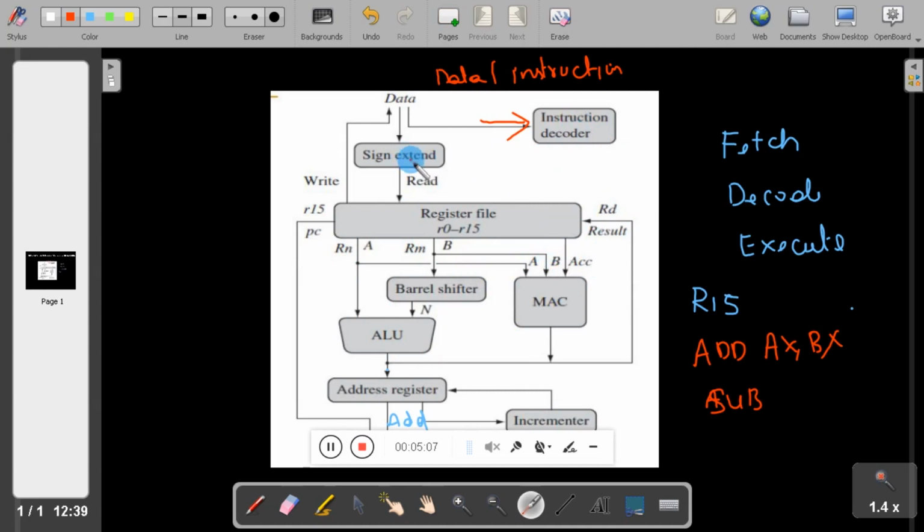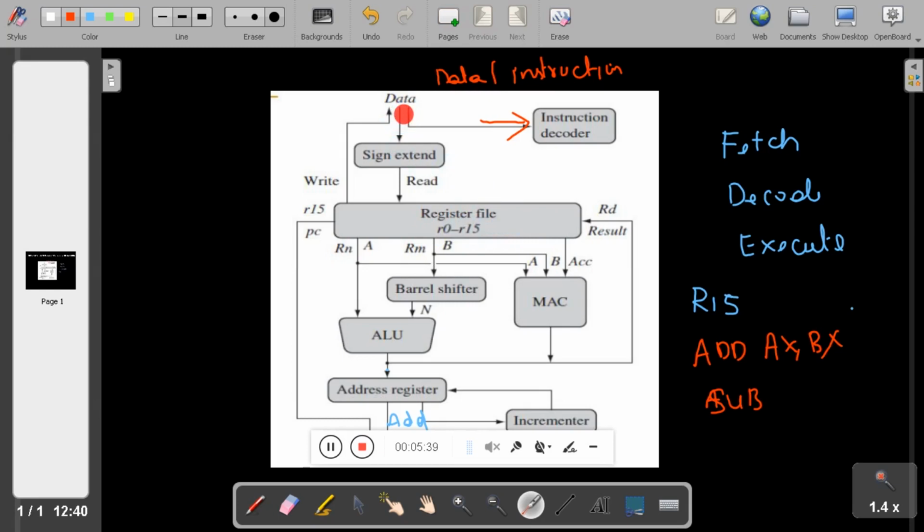Now we will move to the sign extend part. As I said, if the data contains an instruction, the instruction will move to the instruction decoder. If it contains data, then the data will be moved to the sign extend. We know ARM7 contains 37 registers. Out of that, R0 to R15, 16 registers of 32-bit size, are available at any time.